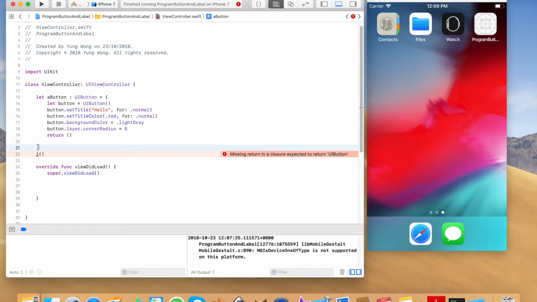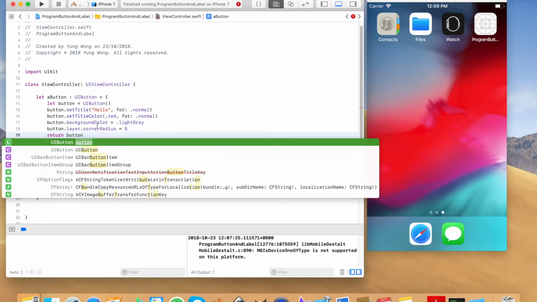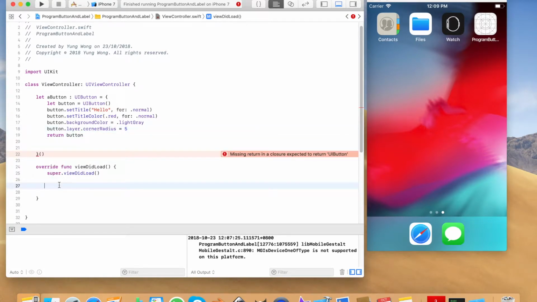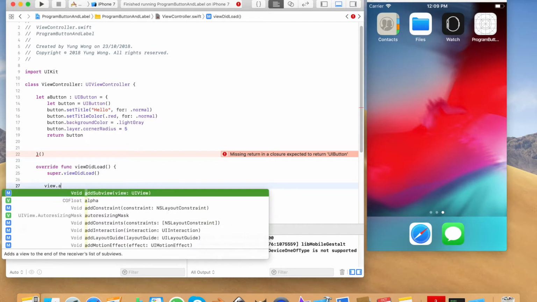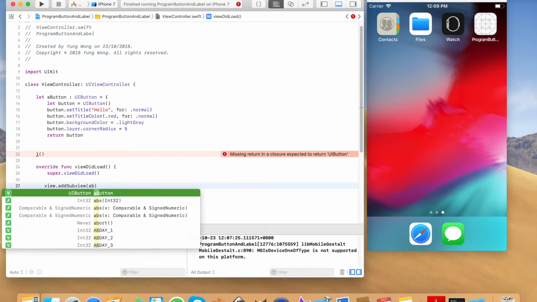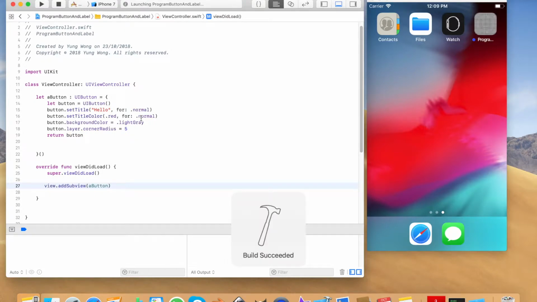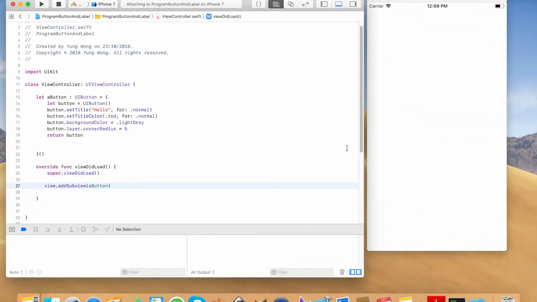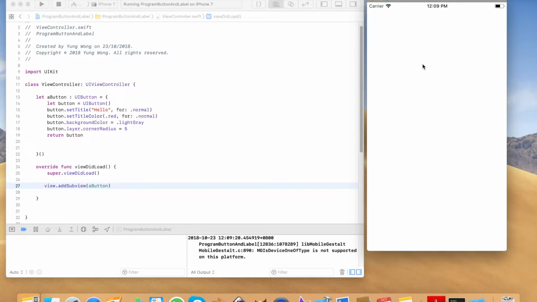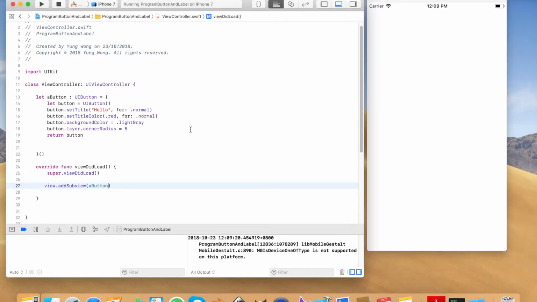So we return the button. And then in the view did load, what you need to do is add a subview, the button. It should be ready to run. When you run the app, in the view controller, you still don't see any buttons because you didn't tell the system